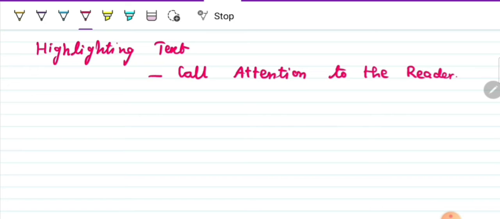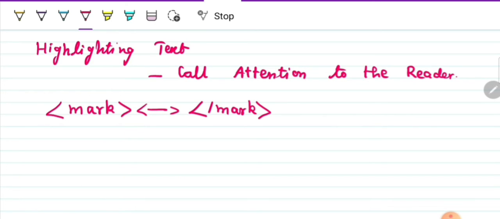Okay. For this, the tag used is mark. It is also a container tag, so it ends with a closing slash mark symbol. Yes, this is the way you highlight text. Whatever text you write in this area will be highlighted, and normally it will be in yellow color. Mostly the highlighted text will be in yellow color. Okay. Yes, next tag we can see is subscript and superscript.